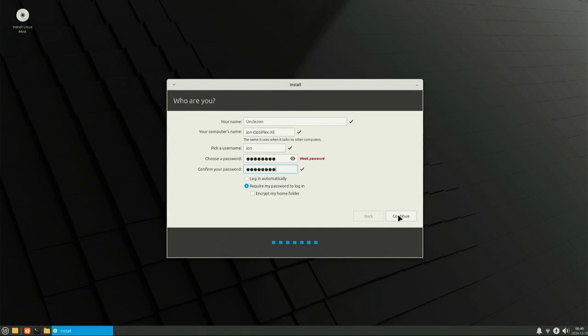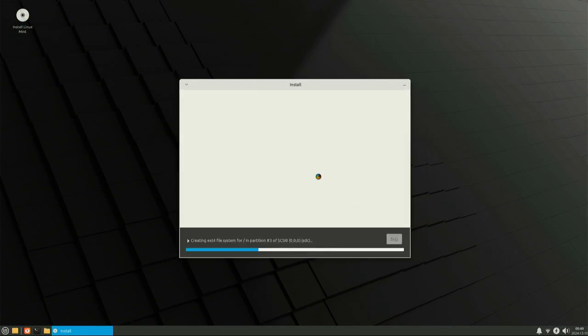That looks good. So I picked up a couple of USB sticks and an adapter to do VGA to HDMI, and